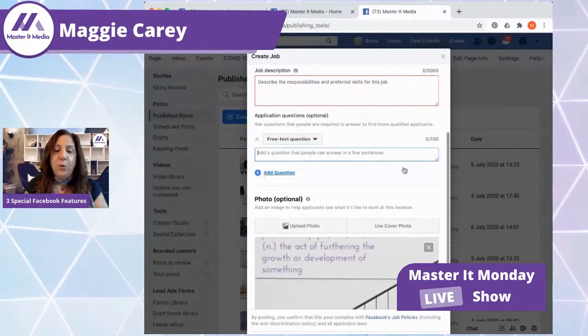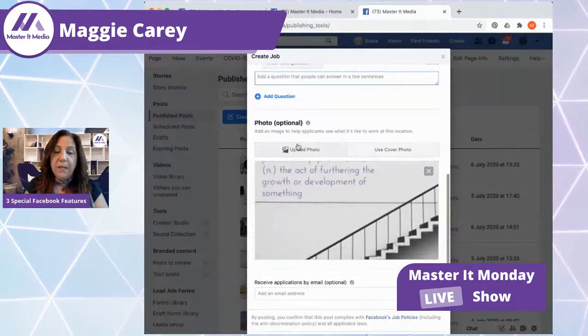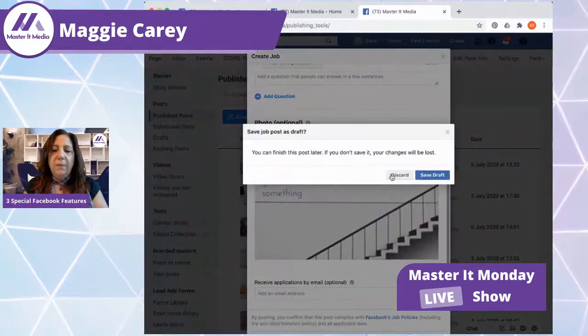And I can add questions. I can put a photo up here, upload a photo, use a cover photo. If it's a location, I might use a picture of my office in here. And if you want to receive applications via email, you could put in your email here. Now, of course, you are confirming that you have all these caveats with your post here. So keep in mind, these topics are, again, subject to Facebook policies. Now, if you're not 100% sure